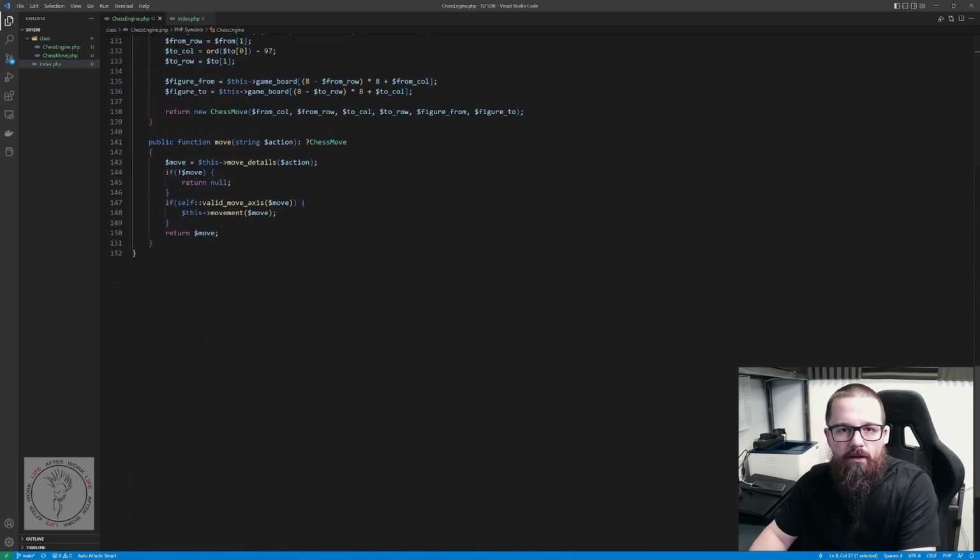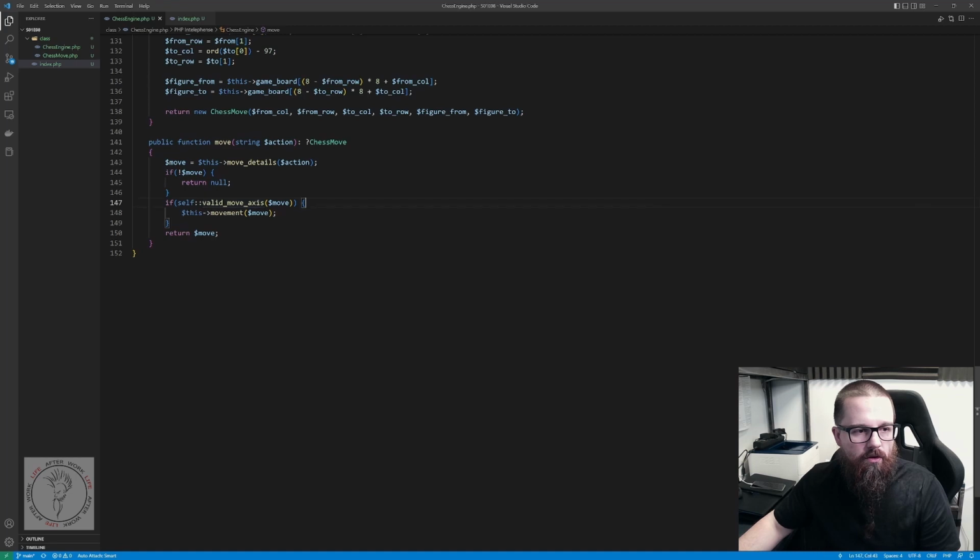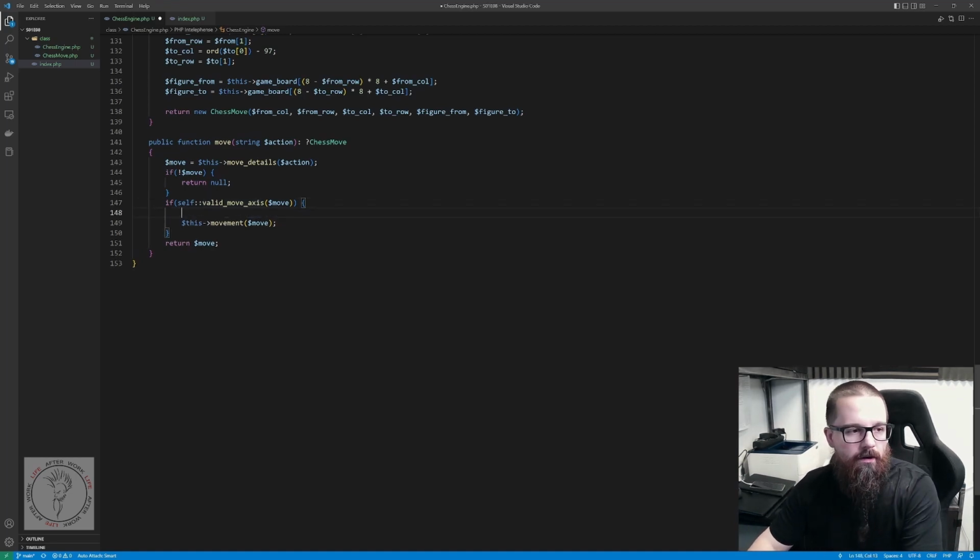So the next thing is to add our collision detection system. And a very good practice is to think about the complexity of every step. Here we have our move details. You just grab some information about the move. Here we do very simple validation, which is not very expensive for the CPU. But of course, it's not the end of the story. So now we are gradually increasing the complexity of our checks. So we will nest our collision inside of this if statement, because it doesn't make sense to check collision if the move is not valid at all. Make it like this: collision